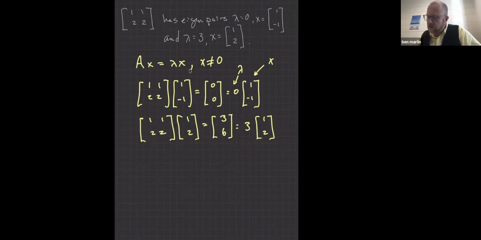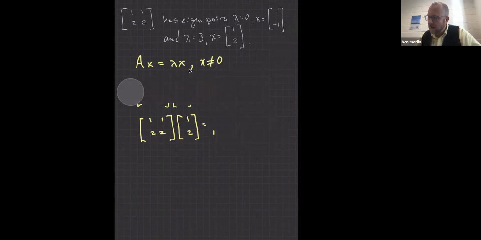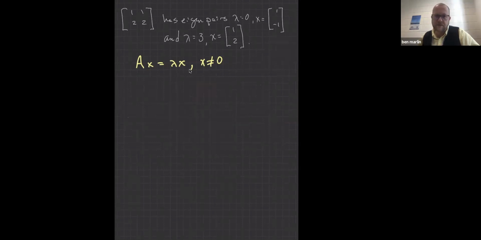All right, so what I want to do here is to go ahead and erase what we just worked out there. And what I want to do is to show you how you figure out what the eigenvalues and eigenvectors are. So keeping in mind that Ax needs to be equal to lambda x,